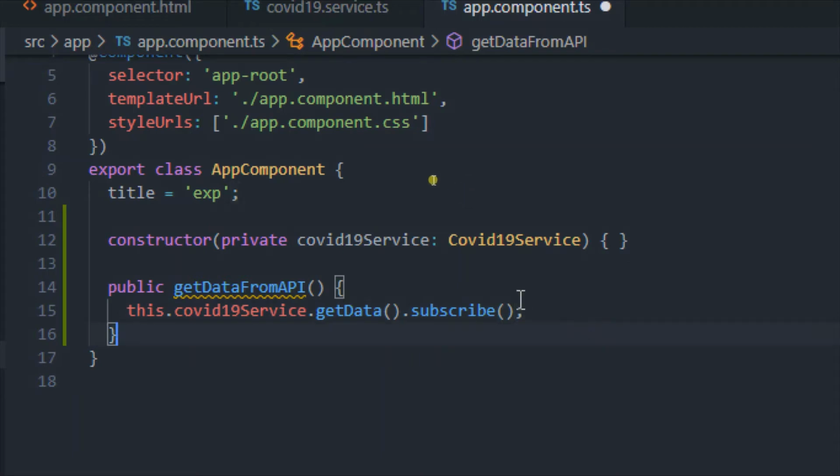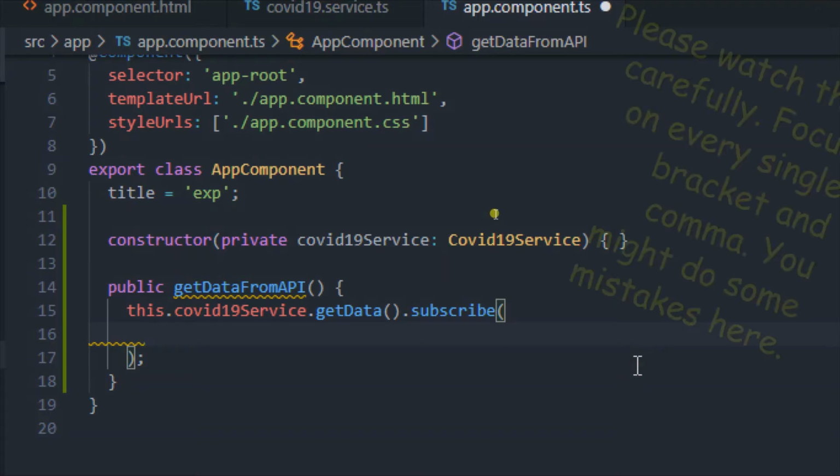You just need to make sure that inside this subscribe we are writing the response and error logic. Most people make mistakes over here, so first of all you just need to write this particular line, and after that inside these brackets of subscribe you just need to catch the response and handle the error.